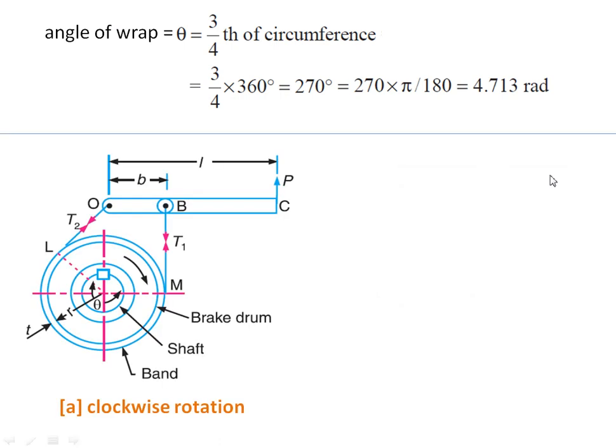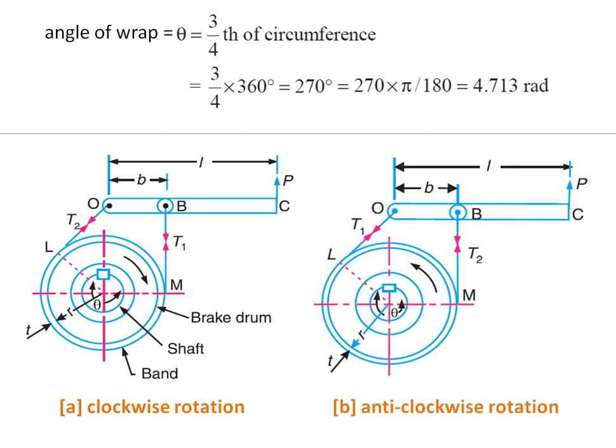So next let us analyze the diagrams before we proceed with the solution. So this B is 100 mm and L is 500 mm, that is given in the problem. So the only difference for clockwise and anti-clockwise analysis is that for clockwise rotation the tight side will be on the BM side, that is the right side, and slack side will be on the left side. And in case of anti-clockwise rotation the tight side will be on the left side, that is OL side, and slack side will be on the BM side, that is right side of the drum. So that is about the diagrams, and further we will require these diagrams when we are going to take the moments.